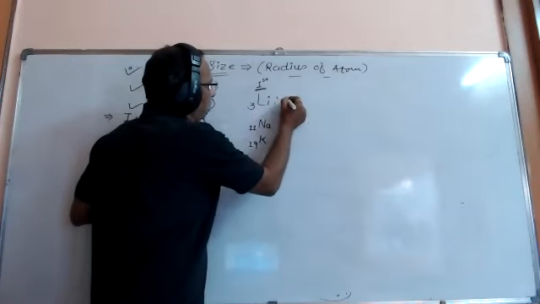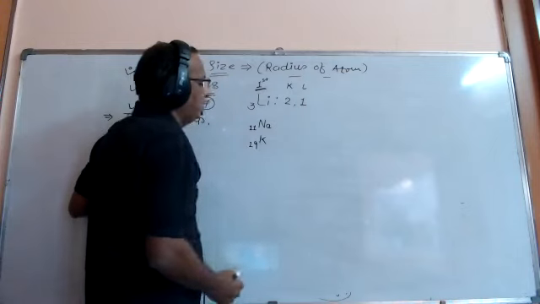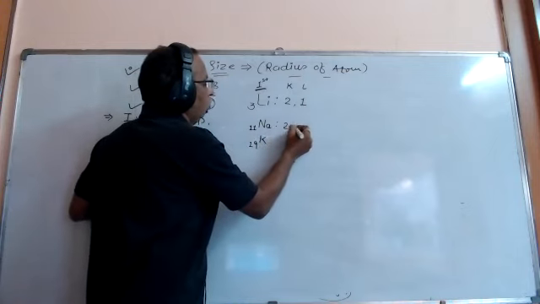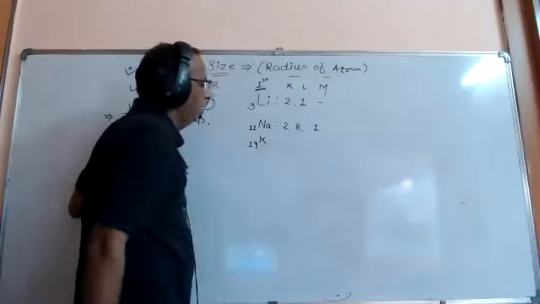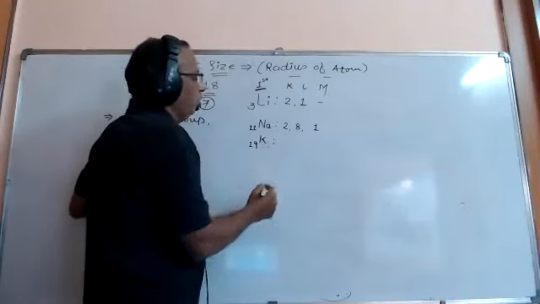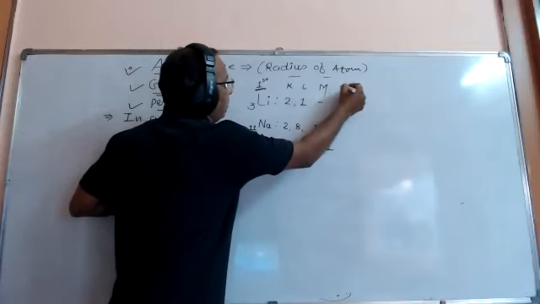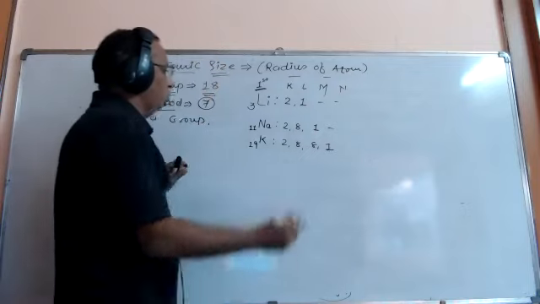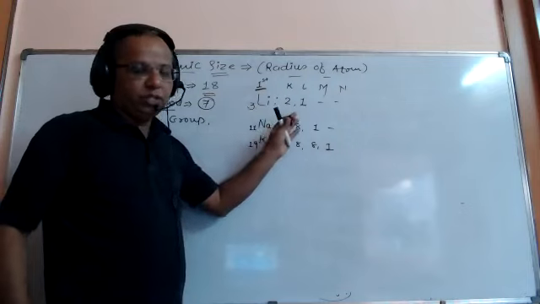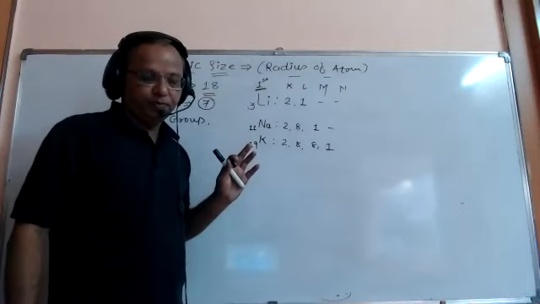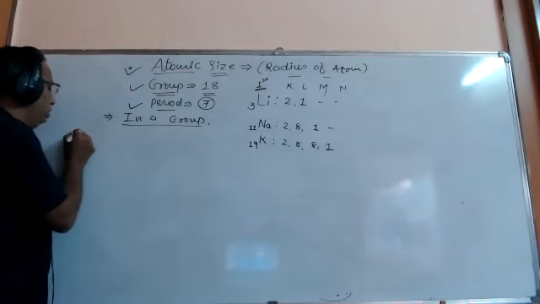If we think about the electronic configuration, lithium is 2, 1, in the K shell and L shell. Sodium is 2, 8, and 1, in the K, L, and M shells. And friends, in potassium, it's 2, 8, 8, 1. This is the N shell. So this is the electronic configuration of the elements of the first group. Now what happens in a group? Very important things are there. Concentrate here.